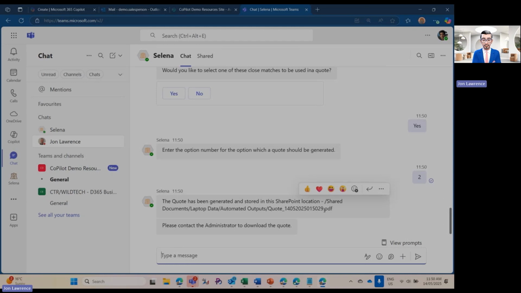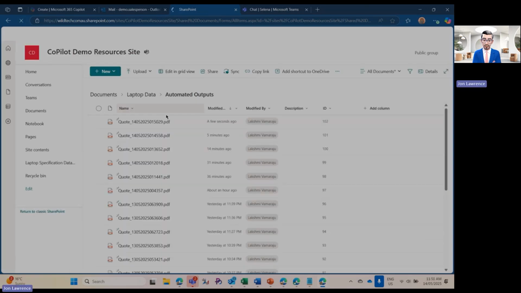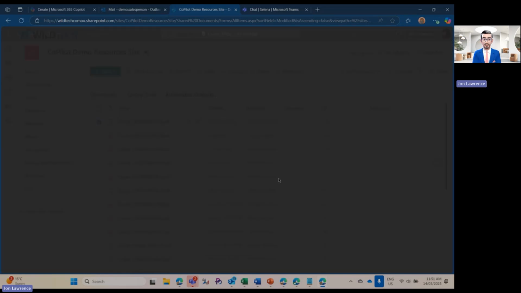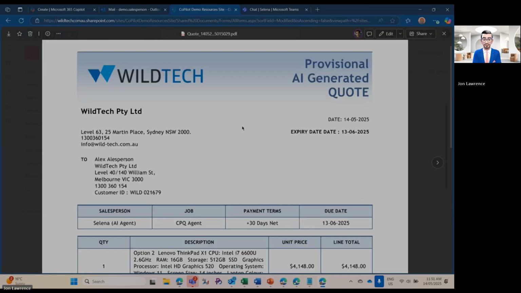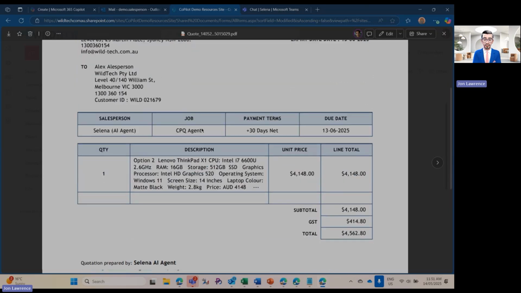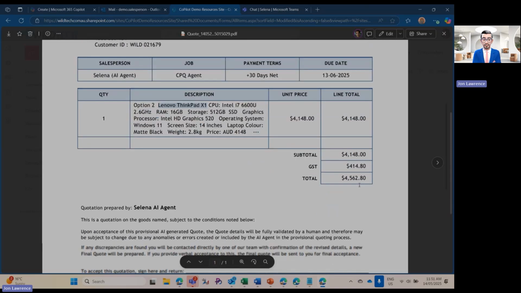that we can now go and retrieve. So we're looking for this particular quote reference, ending 5029. We go to our list, just wait a couple of moments, and that should appear through. Just give that a quick refresh. There we go, 5029. Open her up. And there we are. There's our quote. All of the information we saw before is exactly the same, obviously, but down here in our line item, we've got option 2 quoted, the Lenovo ThinkPad X1, pricing coming through, GST calculated and added, and a total price